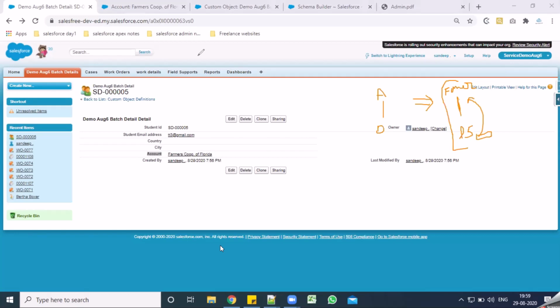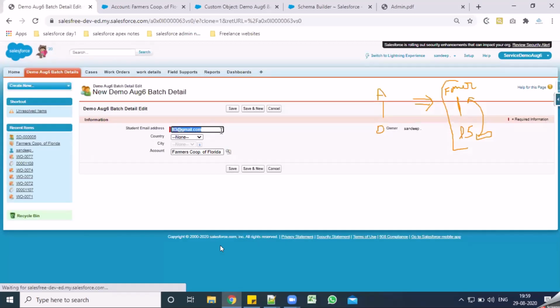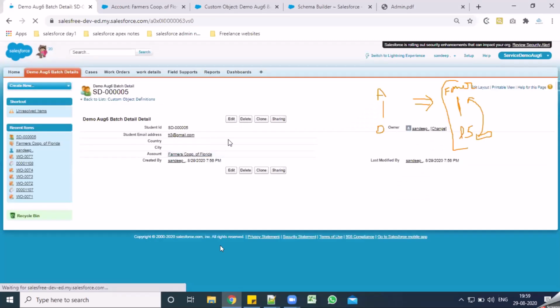Now I'll do this process two more times so that I can create a one-to-many relationship. I'll make use of this clone button. What it does is copy the information I have on the screen and put me into a different record. So either you can create a new record or use a clone record if you want this existing information coming onto your screen.